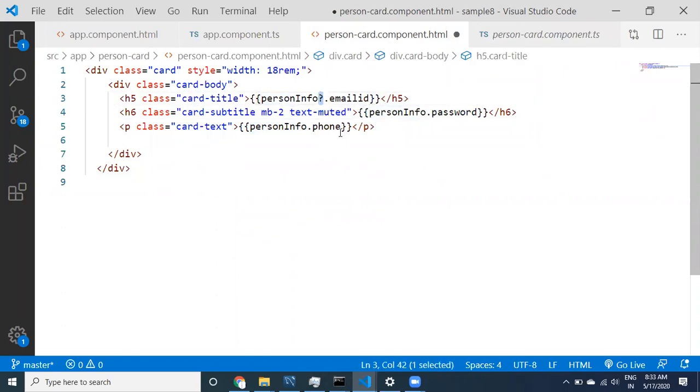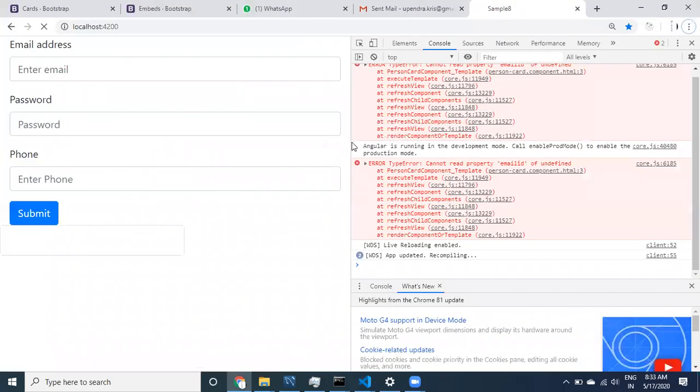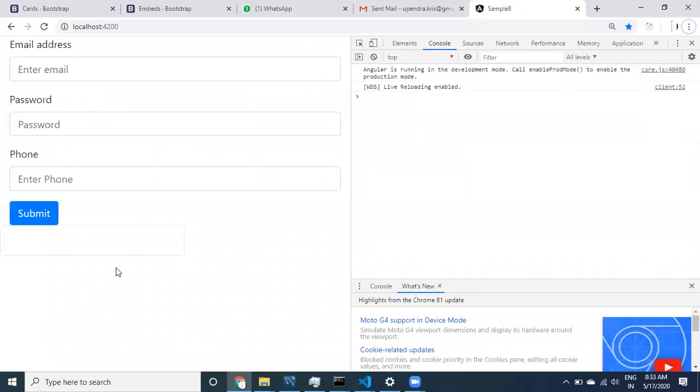What this LVS operator is going to do is, if this object is null, it is not going to use this property. The LVS operator says clearly that this property is going to be read only when the object is available. If the object is not available, it is not going to read the property, so no error is going to come. See here guys, no error is coming, and you can see the border here. The div is still trying to display, but without having information. But even that I just want to control.